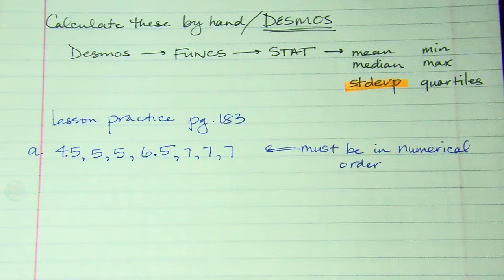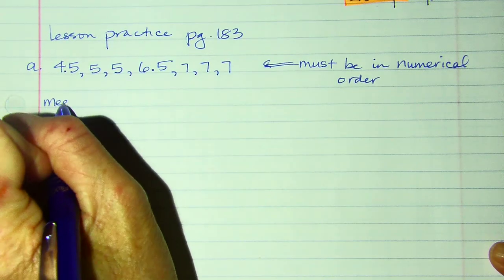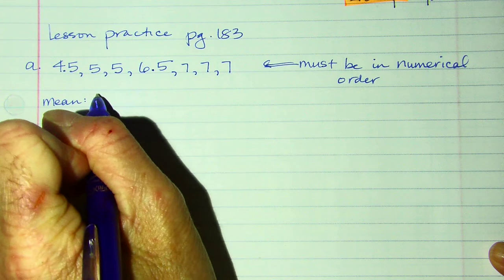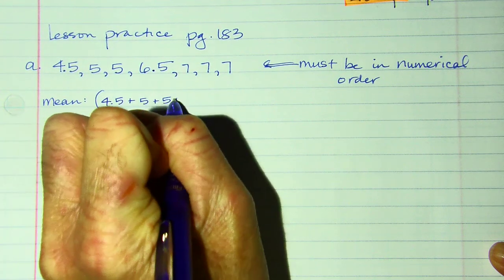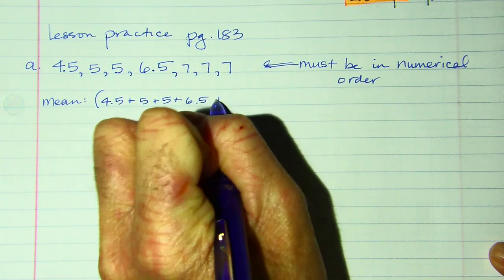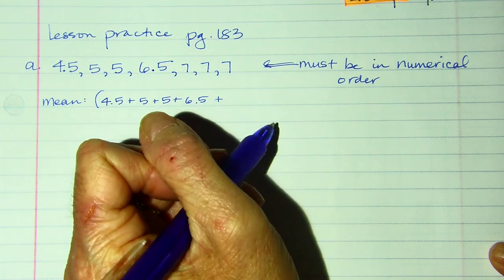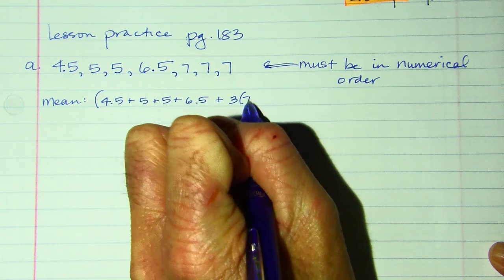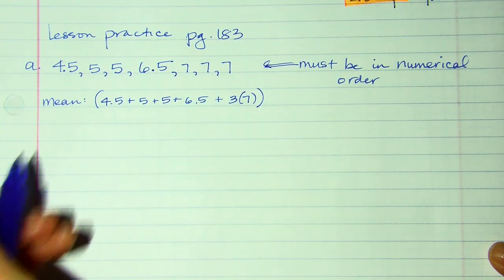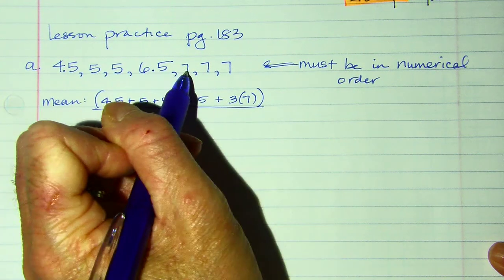So first, let's find the mean. Now, you can use Desmos. Remember the mean, we just add them all up. A quicker way to add these up, notice there are 3 7s, so instead of entering 7 plus 7 plus 7, I would enter plus 3 times 7, right? And I would divide by 1, 2, 3, 4, 5, 6, 7